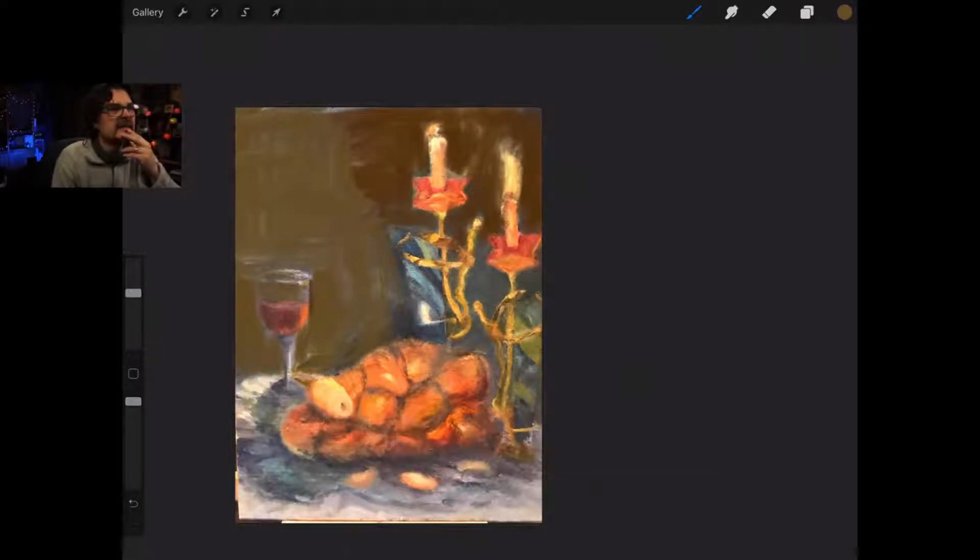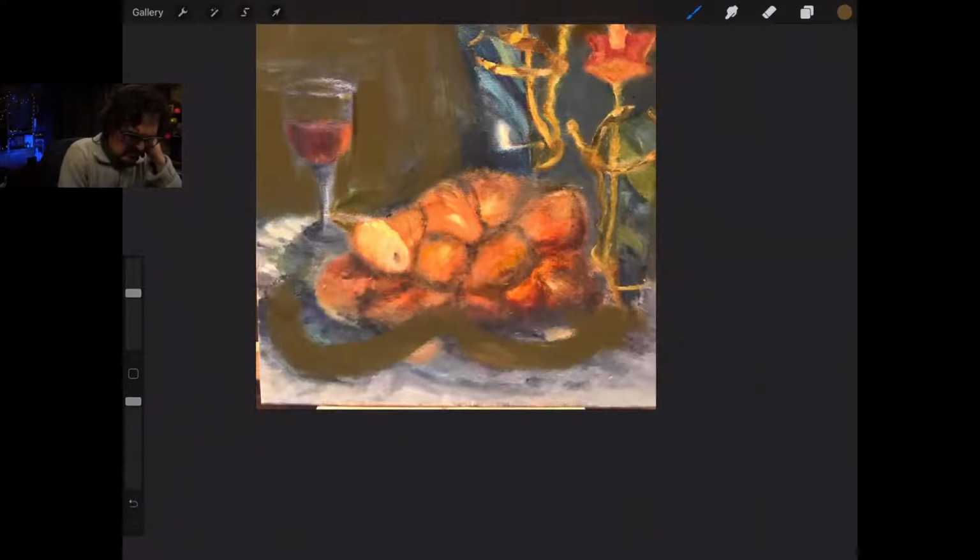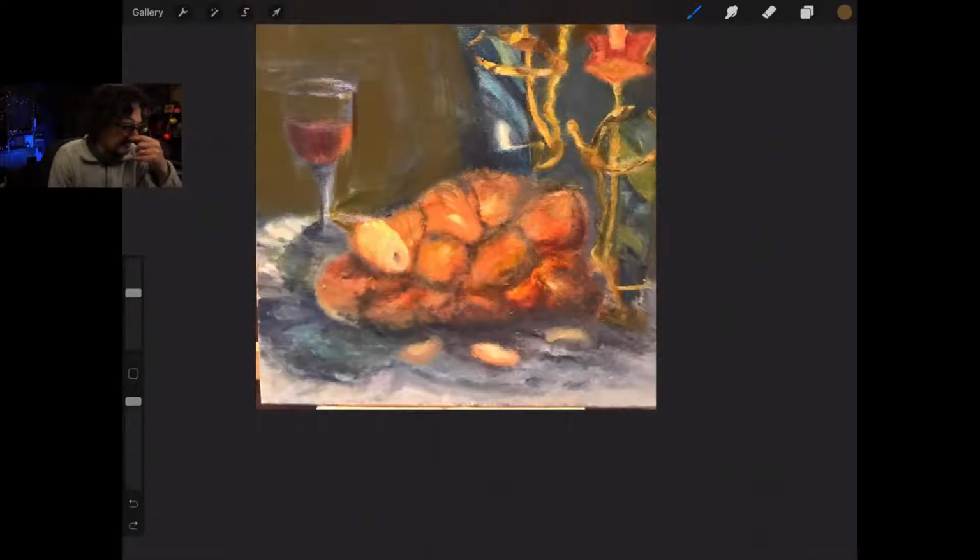Okay. I think I've also found another problem here, Wendy. I don't know what this is. If it's shadow, it doesn't make sense, and if it's a pattern, it doesn't read as pattern. Part of it reads as pattern and part of it reads as shadow.